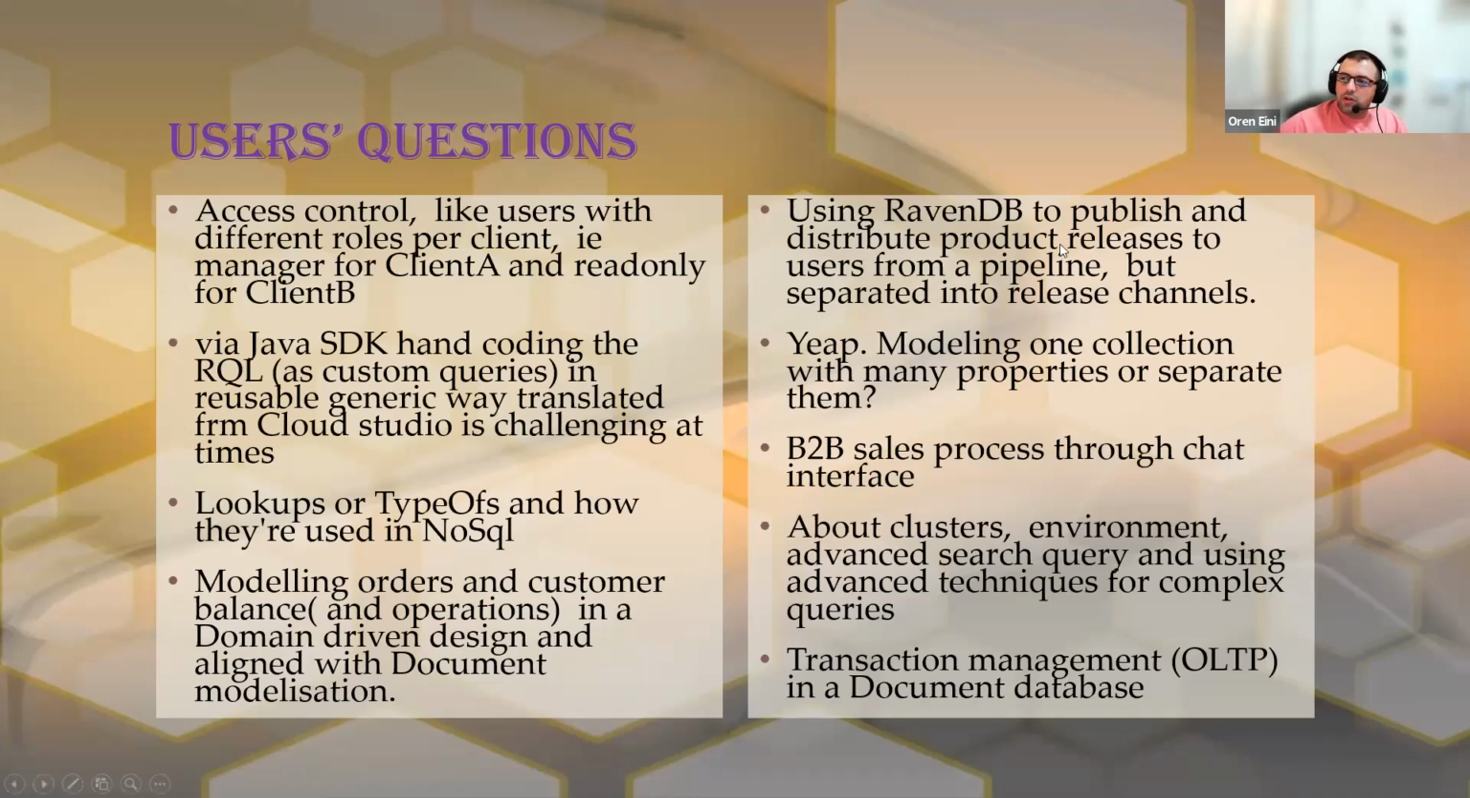Using RavenDB to publish and distribute product release on a pipeline, but separated into release channels. If you're here listening, I would love to understand more about what this question is. I didn't know about that. Modeling one collection with many properties or separating them. I think I answered that, but I wanted to